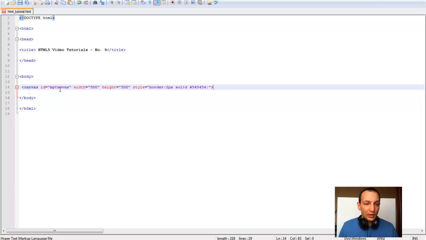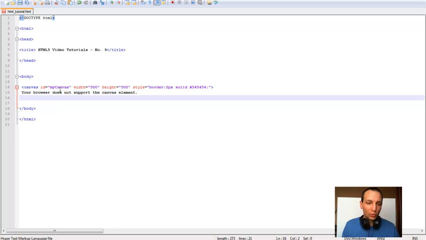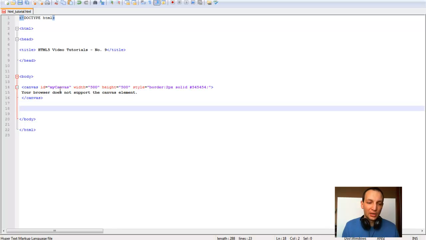Okay, now guys, there's one more mandatory thing that we have to do. Almost all of the major browsers support the canvas element, but nonetheless we have to enter the message that in case something malfunctions, a warning message will pop up, and that warning message should be that your browser does not support the canvas element. Now guys, we are putting the canvas closing tag, and the next thing,